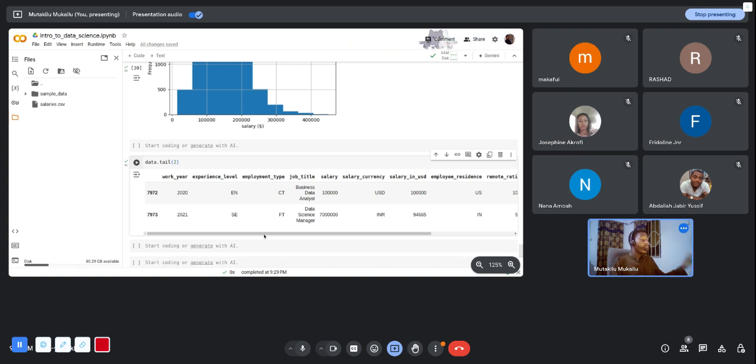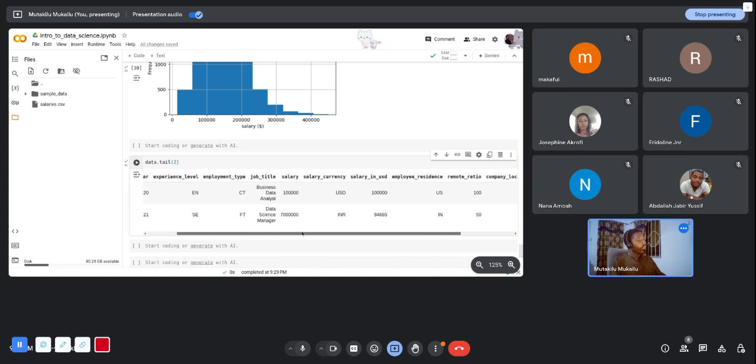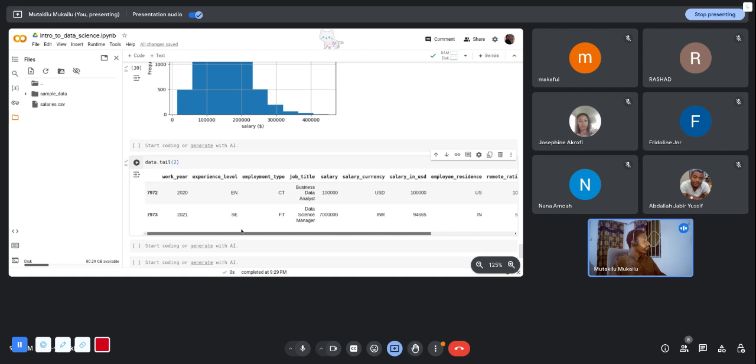So we have ways to... So let's explore. I think let's explore experience level. Yeah, let's explore the experience level. So I would do some and